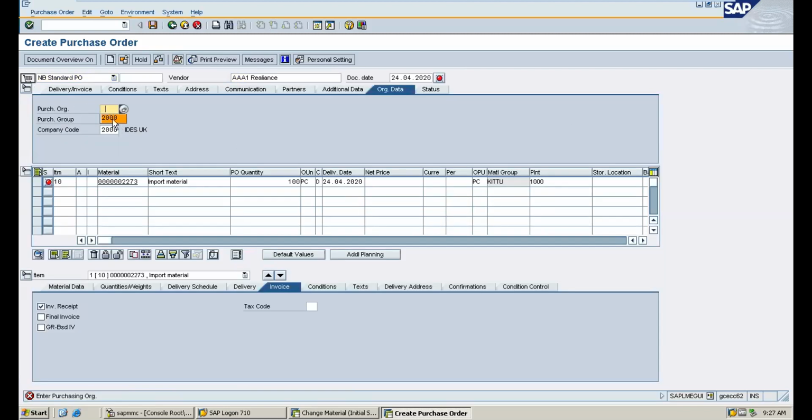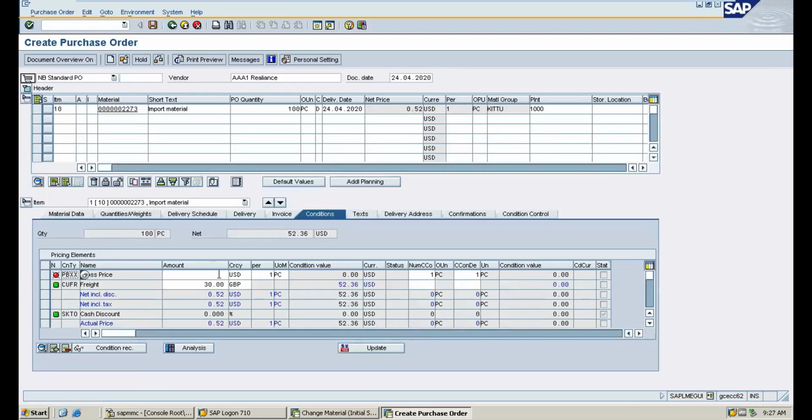Maintain purchase organization, purchasing group, everything. Okay. There is a default freight for this vendor in a condition record, so this is not required for me.